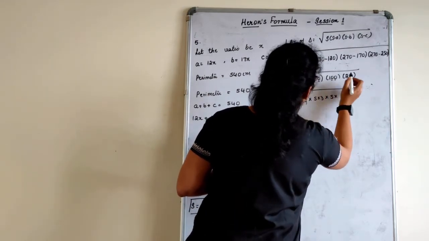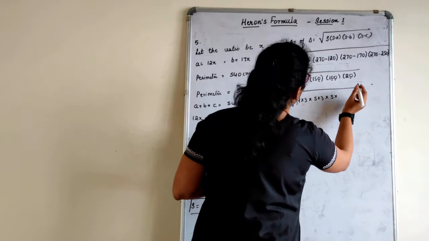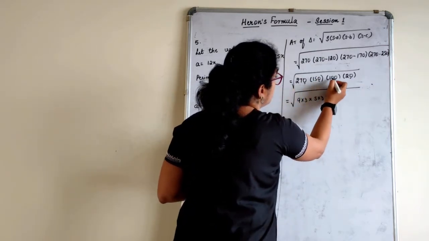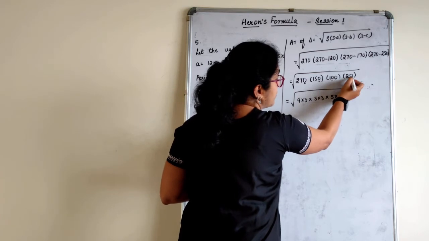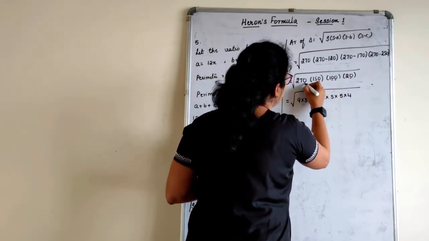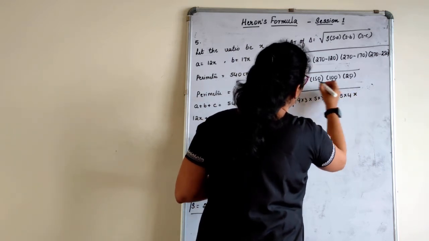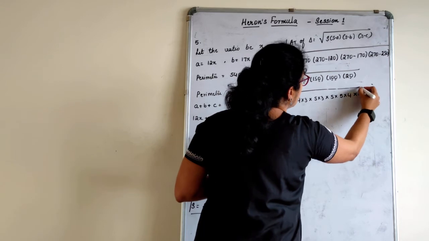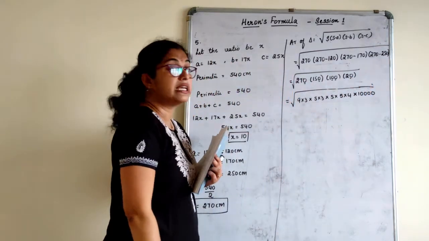1, 2, 3, 4, 5. Oh, 5 zeros will come. So 5 zeros will come. 1, 2, 3, 4. If I take this, 5 zeros will come. So I will take this as 5 fours are 20 only. Now this 0, this 0, this 0, into 1, 2, 3, 4. 1, 2, 3, 4. Understood why I did not touch 20?